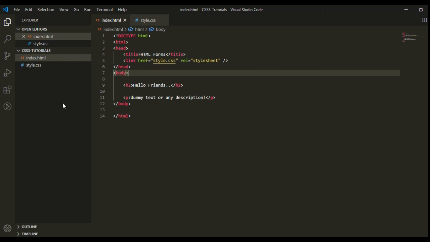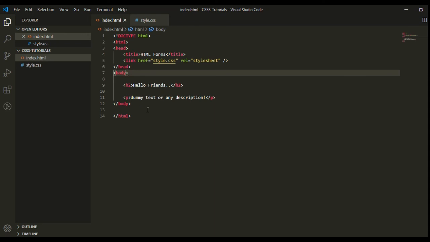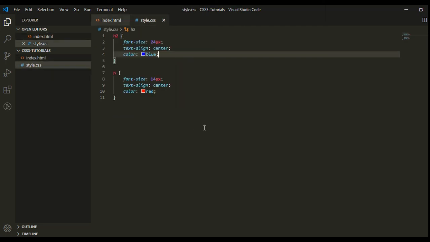That's why we use an external file where we write all the CSS. If you have to change any CSS property, you just have to change it in one place, and this will be reflected on all the HTML pages in your project. That's why it is better to keep all the CSS inside the external CSS file.